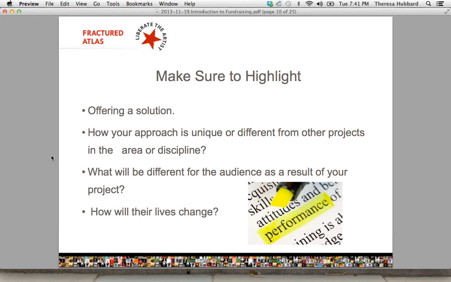You want to address how your approach is unique or different from other people in the area or discipline. That's exactly what I was saying about, if you're the third theater company on your block, why is your approach unique, and what are you doing that's different than everybody else? Donors can be engaged by innovation, and so you want to make sure that you are identifying and communicating how you are being innovative to address the problem that you've set forth. What will be different for the audience as a result? If you are, to use that example of the third theater company on the block, you might have a similar,